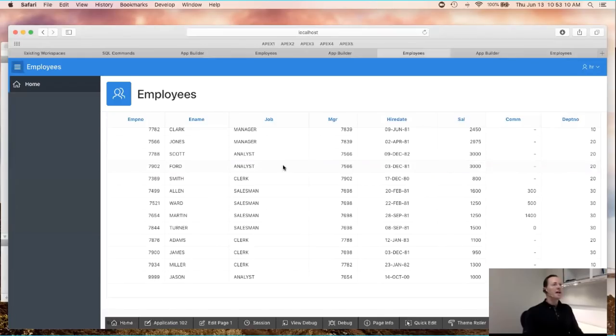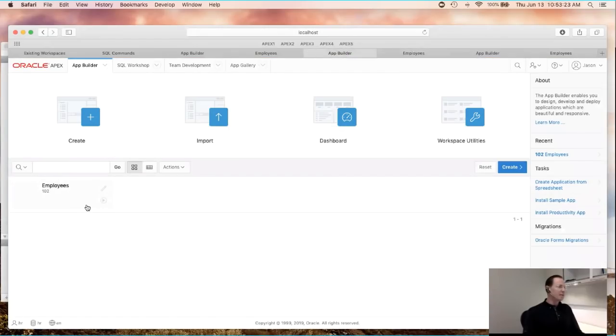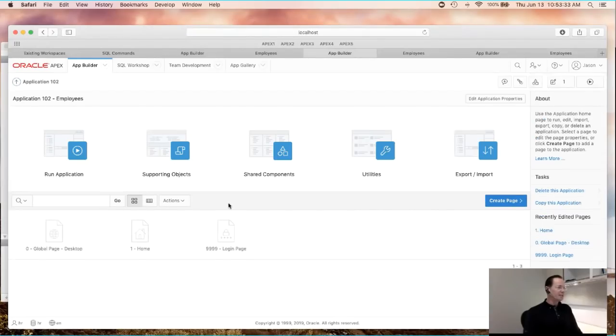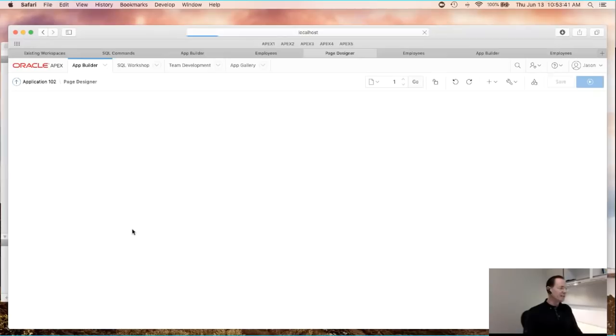Now finally, I wanted to point out, well, what does this mean for Application Express itself installed in an application container? And let me just show an example of this. So let's say I go to my employees application again in Apex 4 here. I go to the home page, and let's say I decide as a developer I want to make a change to this application